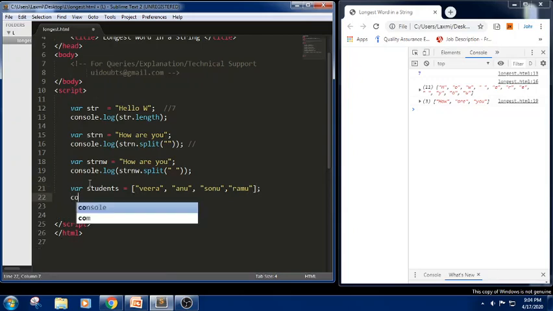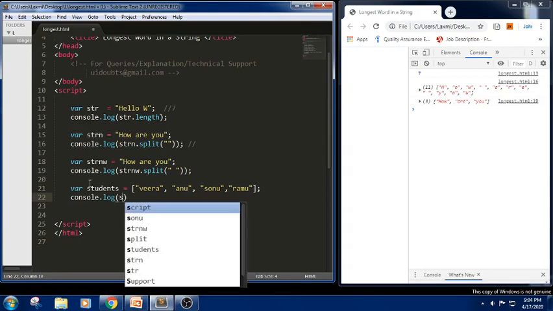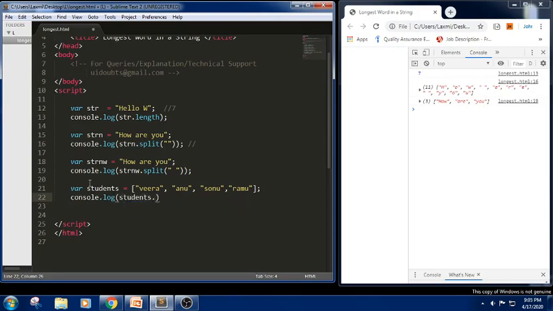In this I write console.log. Again I am displaying this output. I call the array name here. It is holding four values: index 0 for Veera and 1 for Anu, and so on. I am using a method called sort. So let us see what the output of the snippet will be now. Can you see line number 22 now?